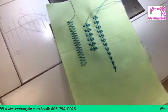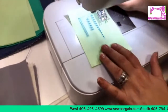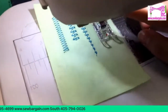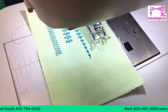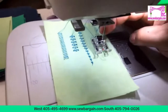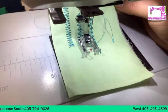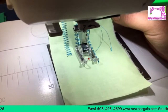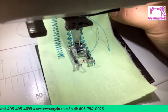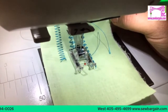And I'm going to put that down so you see that better. Now, what I'm going to have you look at is the needle itself, and I'm just going to move some of those threads out of the way. So right now, I'm at a center needle position, and we're just going to adjust that camera. Perfect. Now you could see that better. So here is my needle, and what I'm going to do is bring that fabric up so you could see it moving. And I am going to adjust that needle. Do you see that moving ever so slowly? So one at a time, you barely notice it's moving. But when I'm pressing and holding, and now I'm going to come to the right,